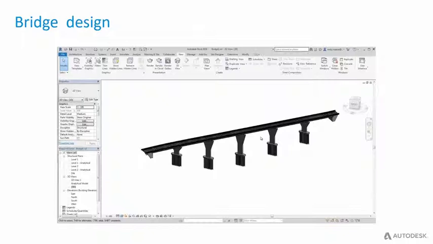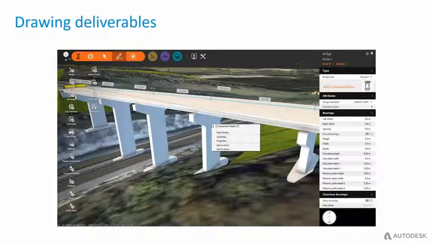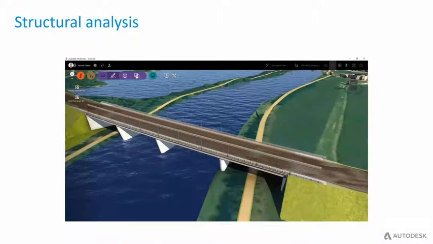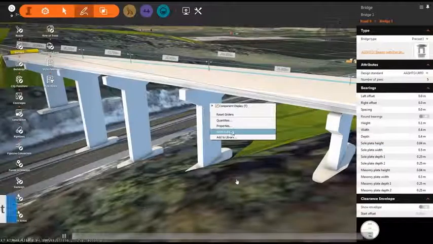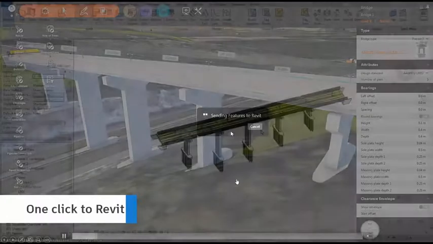So basically we have an alignment coming most probably from the road designer. The bridge designer can design the bridge from where to where, from which station to which station the bridge will be, define the piers, define the number of piers, etc. And obviously how the bridge will look, and then we can analyze it in the cloud and bring it to Revit. And as I mentioned, Revit is dedicated to drawing deliverables. So what we can do is send it with one click to Revit,